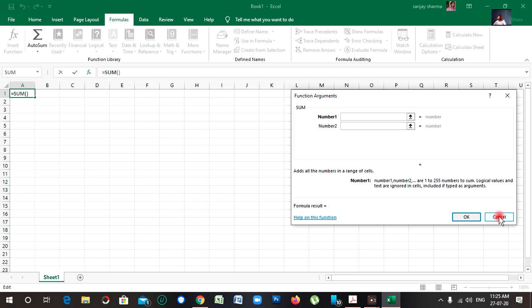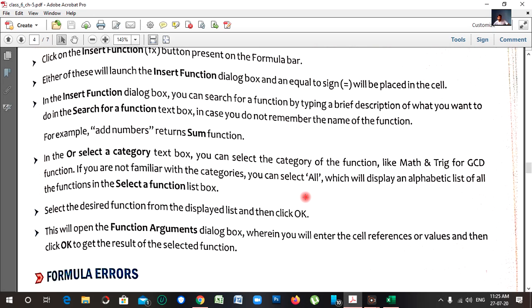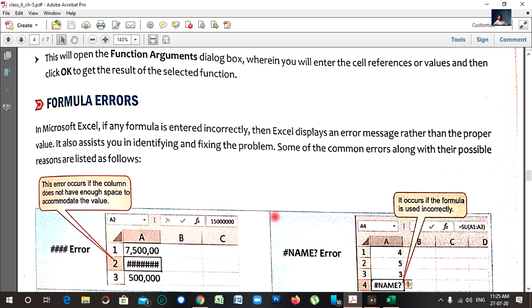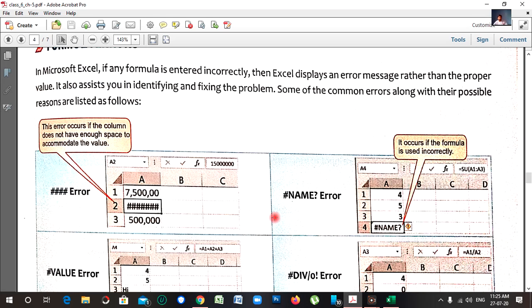Now we are going to discuss the function called Insert Function, which means we can insert any type of function in the formula bar also. And now here we look at formula errors. What type of errors come when we type in any Excel sheet?